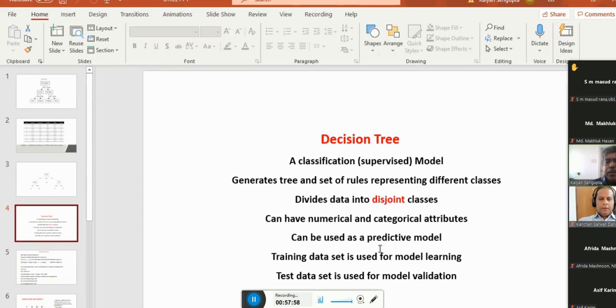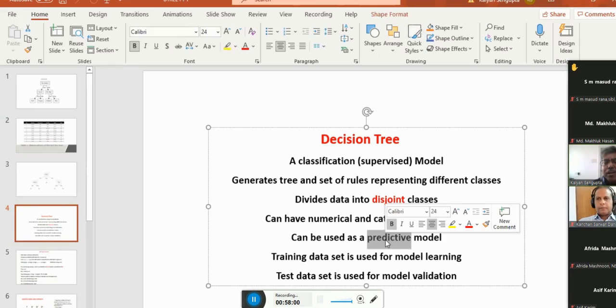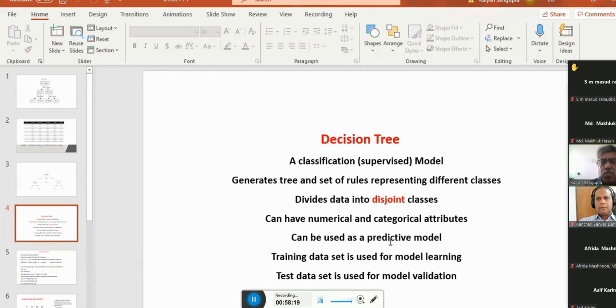And definitely this is a predictive model, because you can predict the nature of a potential customer, whether he or she will be a defaulter or non-defaulter. So that can be predicted. So this is a predictive model, okay? And you can say a credit scoring model as well. So you can score the credibility or capability of the customer with the help of this kind of a thing.